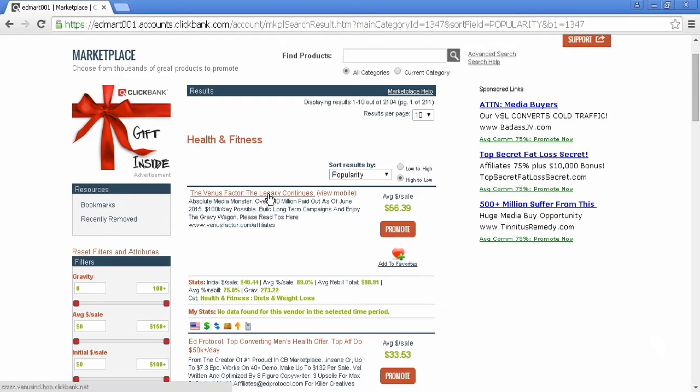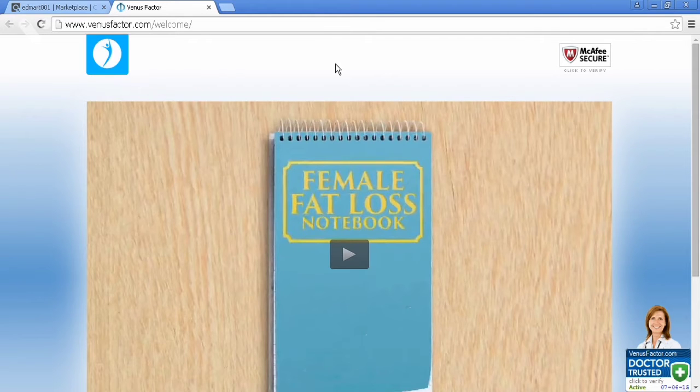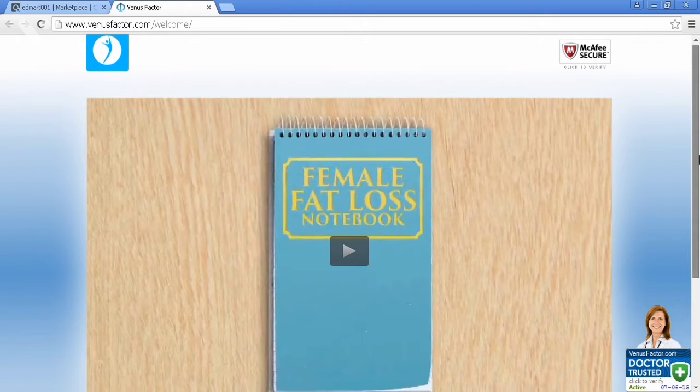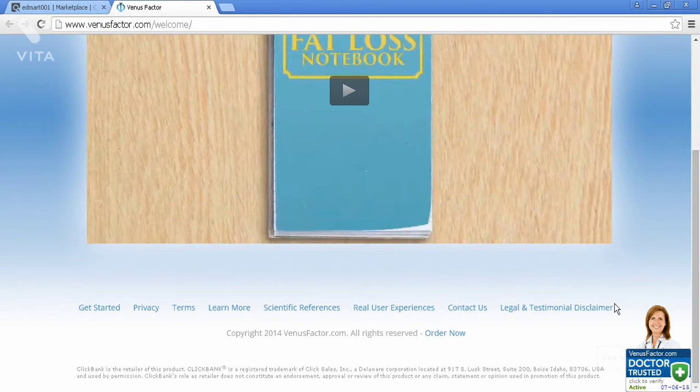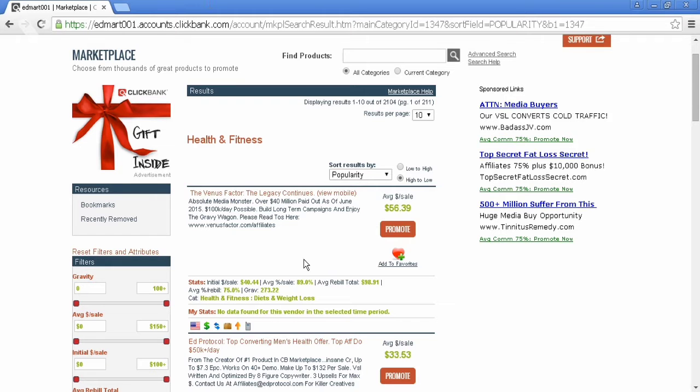If you want to take a look at the product, you can click here, and it opens the product in a new window or a new tab. And you can see what the sales page looks like. This is actually a video sales letter, which I've actually got paused at the moment. And you can see you've got all the information here about it, and it also states that the product is sold via ClickBank. Let's just close that. Now, if you want to promote this product,